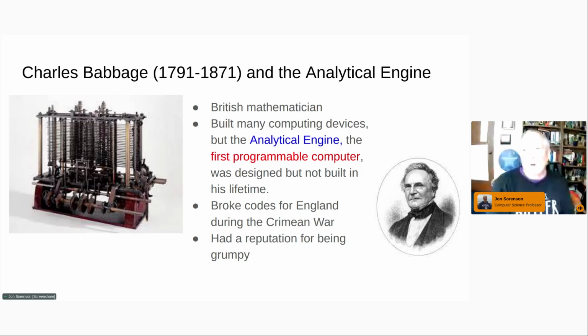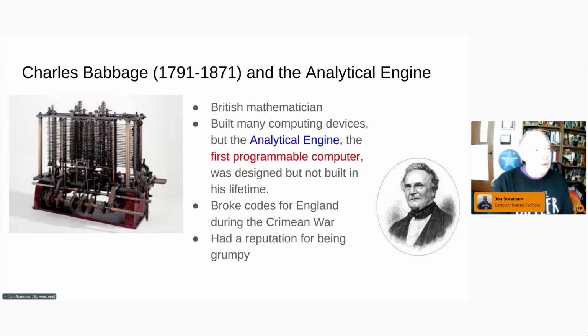I'm not sure. But Charles Babbage built a lot of different calculating machines in the 1800s. He was a British mathematician, and this, of course, was well before electricity was common, and these machines were typically powered by steam engines. The analytical engine was designed to have a crank on it to do the calculations with gears and levers and things. You can see some of those in the picture here, I believe. The idea was it would be hooked up to a steam engine to power it.